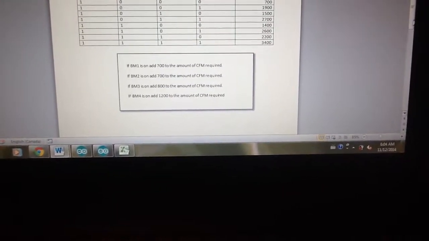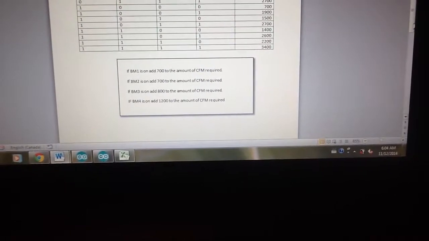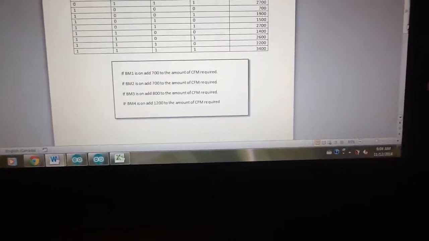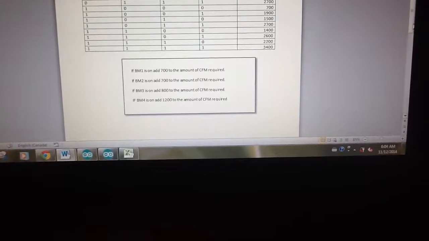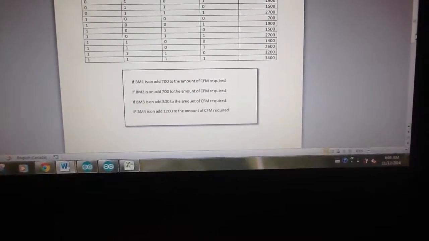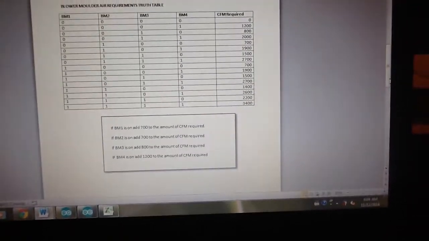If blower molder 1 is on, add 700 to the required CFM. Same with blower molder 2. If blower molder 3, then add 800. And lastly, if blower molder 4 is on, then add 1200 to the amount of CFM. So that's where that math is coming from there. Scrolling down to the next table,